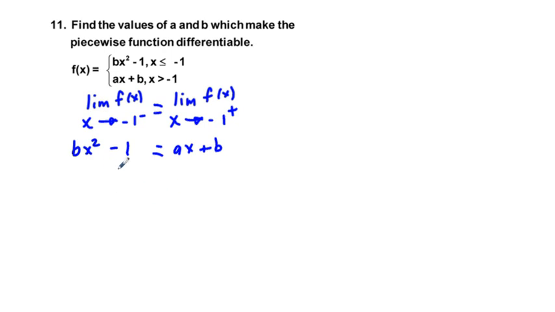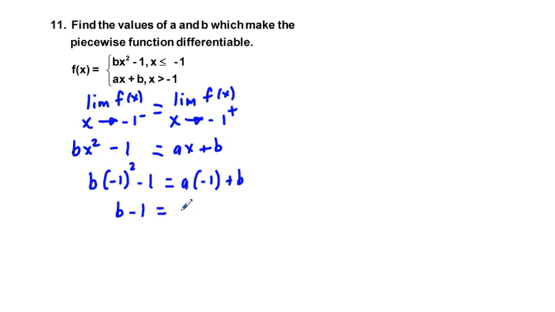And so just plugging in -1, we'll say on the left side, b times -1 squared minus 1 equals a times -1 plus b. And just simplifying, this -1 squared is just 1, so we have b on the left side